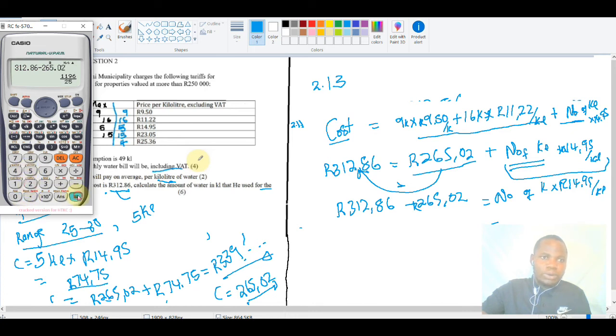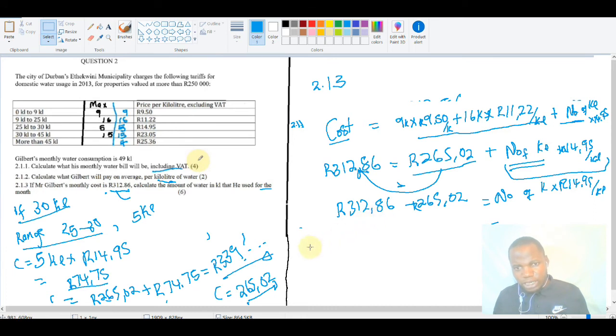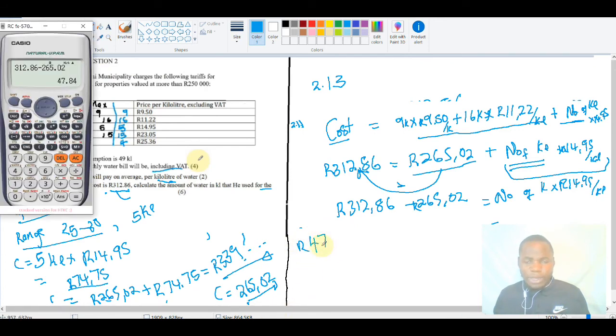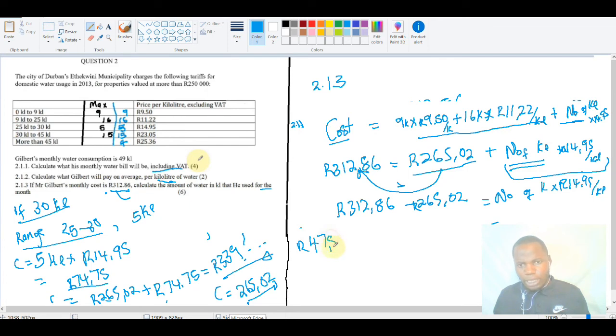Okay, so that one, what do we get? We get 47 rand 84. So in this case, this side you get 47 rand 84